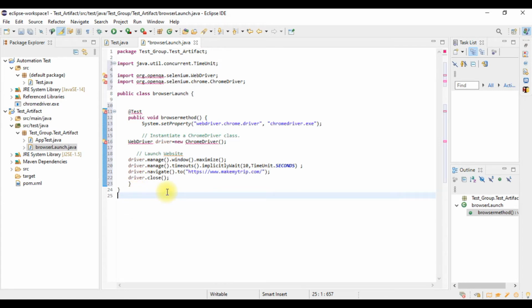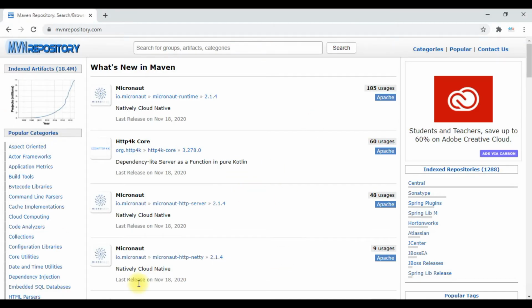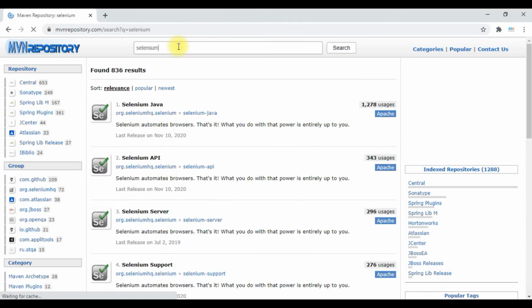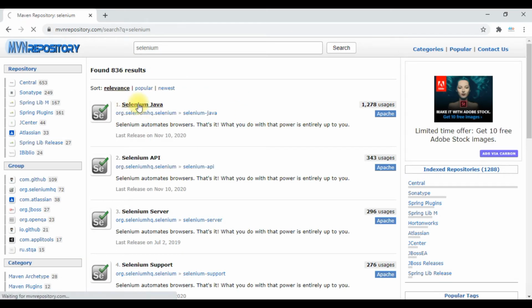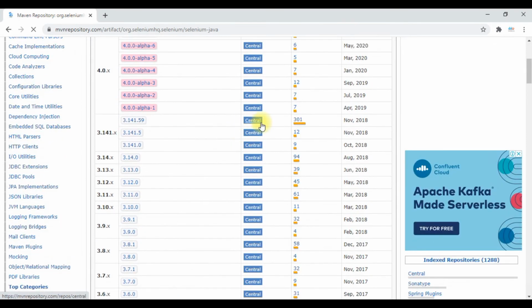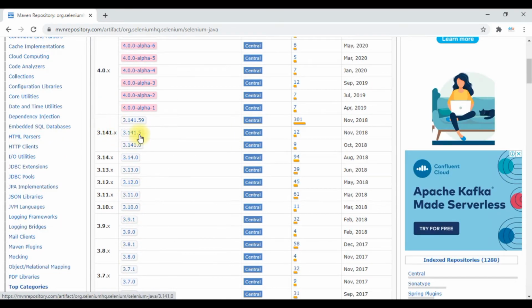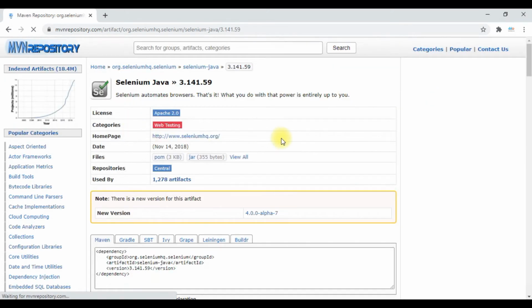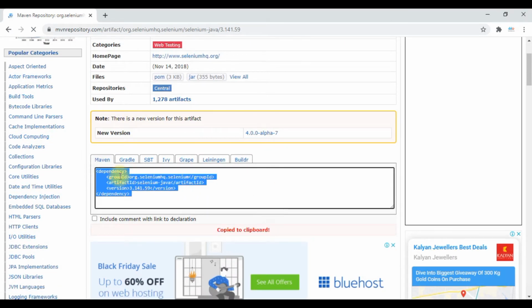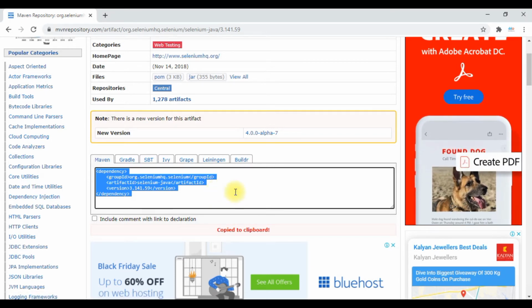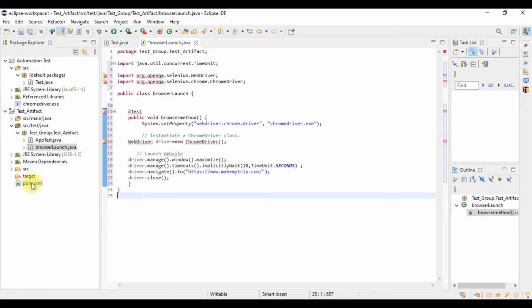So for importing the dependencies, first of all we have to go to this Maven repository on our browser. So this is the Maven repository, and here we will search for Selenium. Then we have to go to this Selenium Java, and we will select this, and we can select any version according to our compatibility, but we will select this one, 3.141.59, and here we have to copy this dependency code and then we have to go to our pom.xml file.